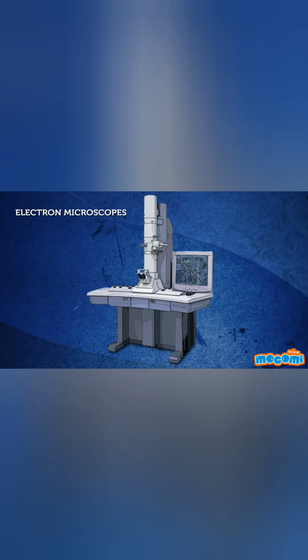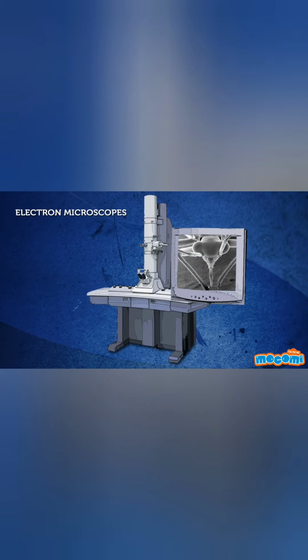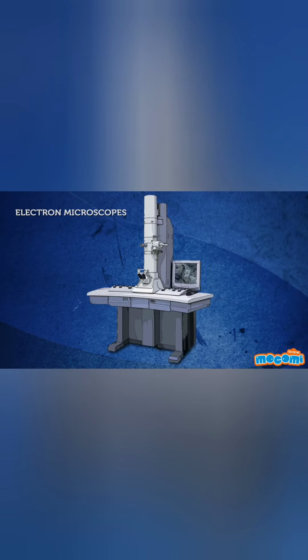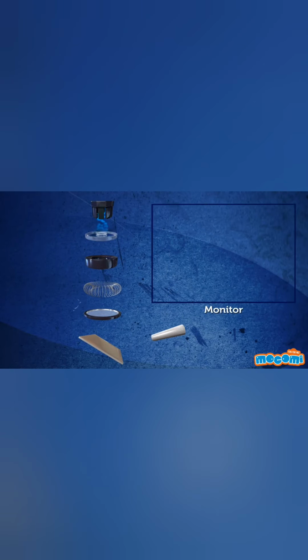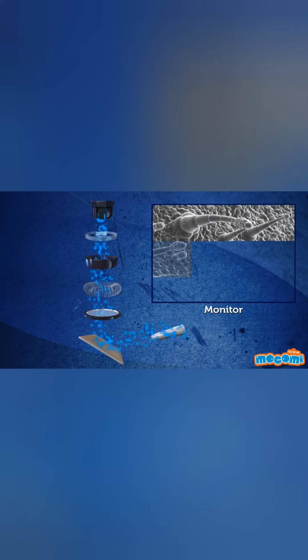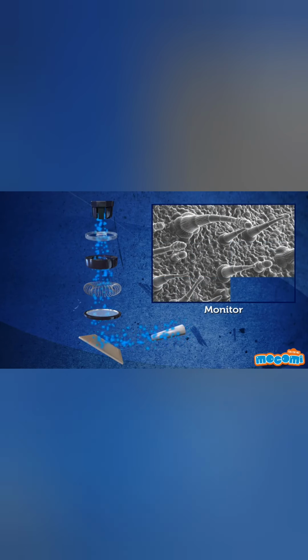Electron microscopes. In the early 1900s, people began to understand how to manipulate electrons. Experiments with these tiny particles led to the realization that they could use them to see microscopic things in atomic detail with an electron microscope. An electron microscope shoots a steady beam of electrons onto a specimen. These electrons bounce back, where they are detected by a sensor. The sensor makes an image by reading the time it took for the electrons to return. Using this technique, scientists are able to achieve resolutions of 1 million times.